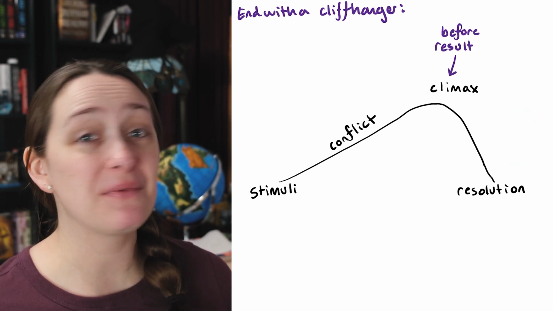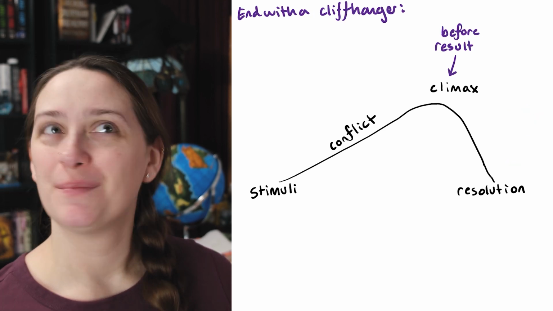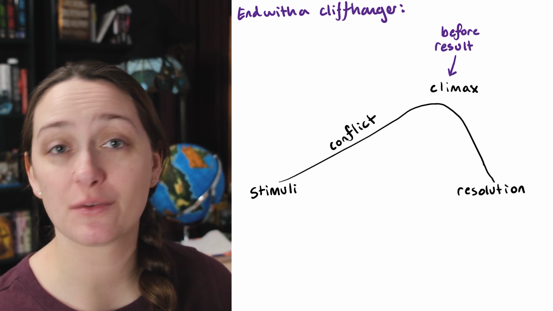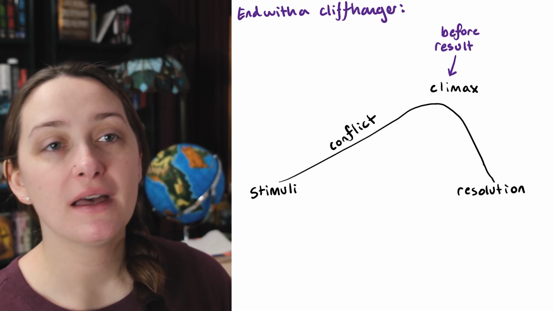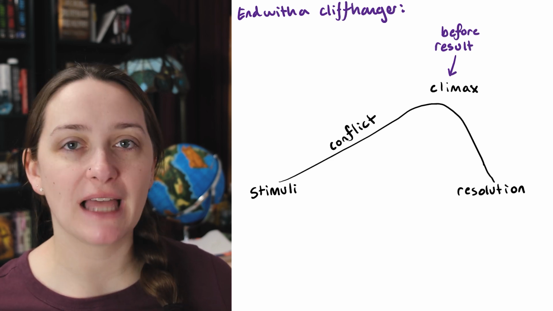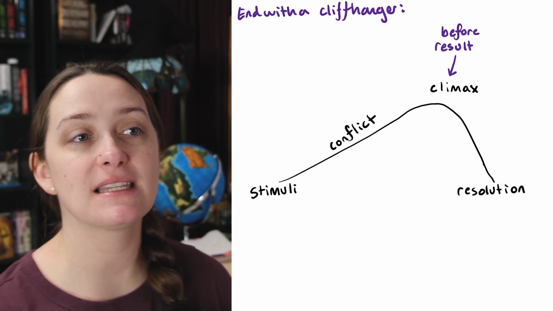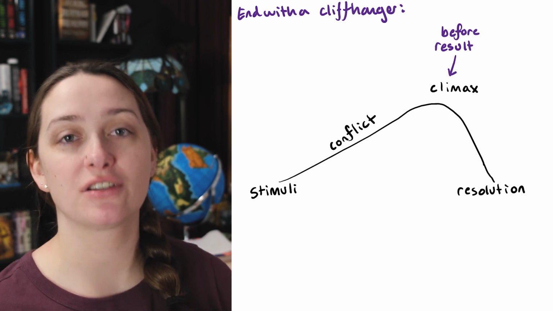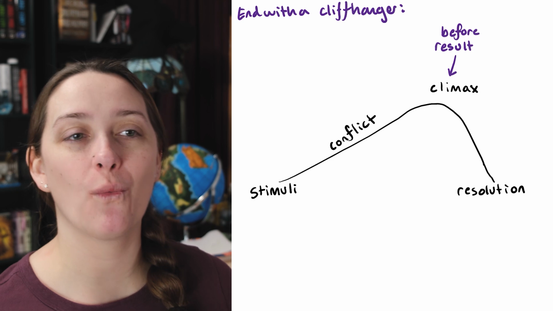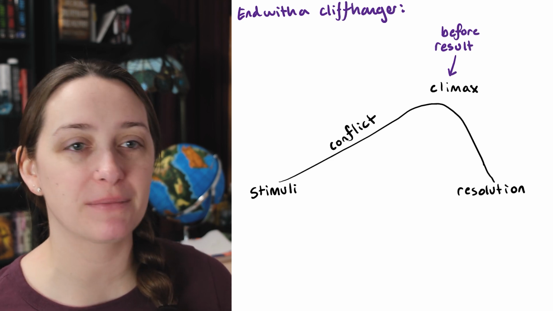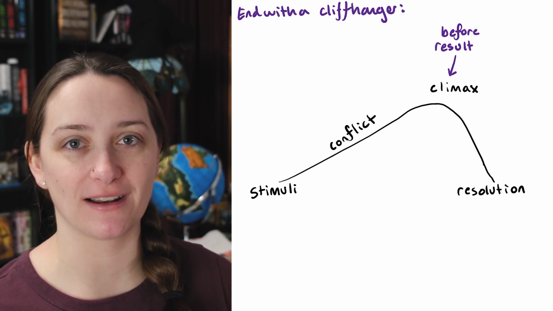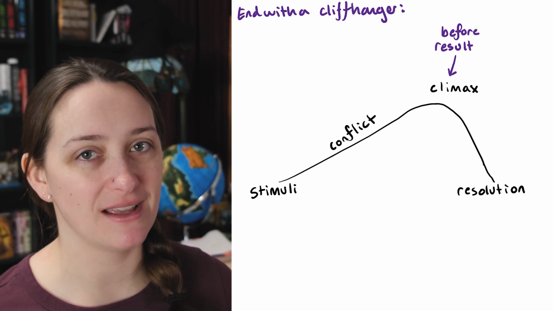Okay, so we can end with a cliffhanger, and this is always very obvious, right? A lot of writers will really lean into this, and it kind of depends on what you're going for, but I like to vary things up. But this is essentially where the dice have been thrown, the arrow has been let loose, and we're waiting for the results, right? Is it a success or a failure, right? The action has already occurred, now we need the response. And it's sort of like Schrodinger's cat, right? Where until we read on the next chapter, it could have been a success or it could have been a failure. But it's already been started, right? Fate is already there, we just don't know what it is.